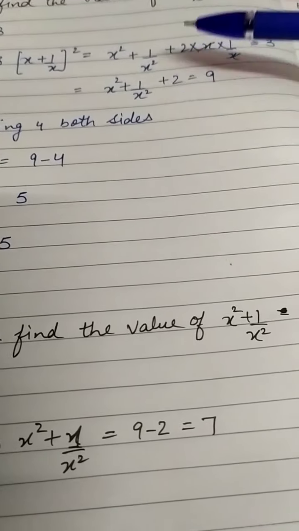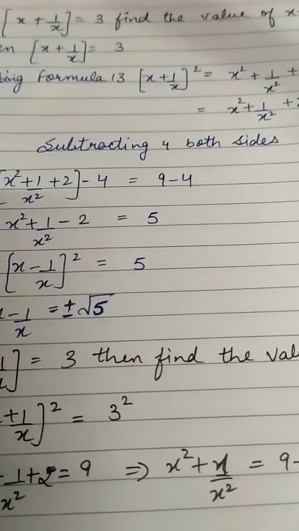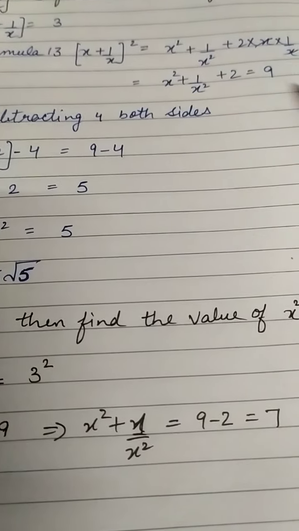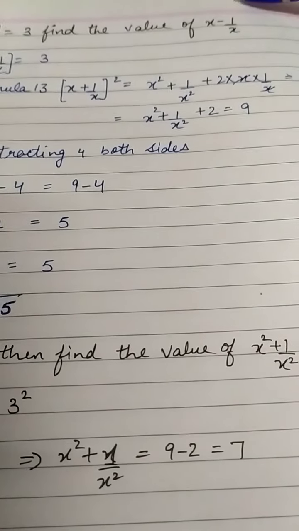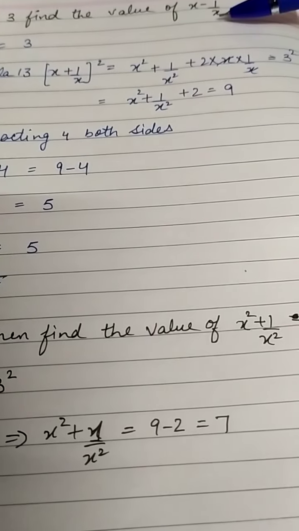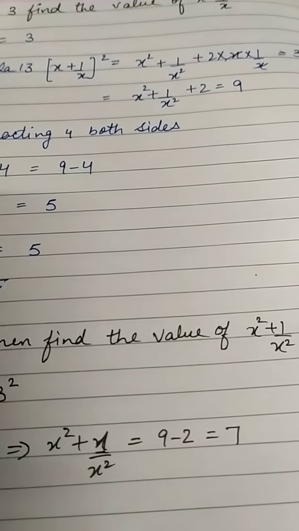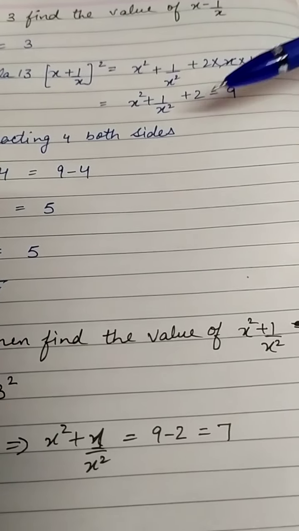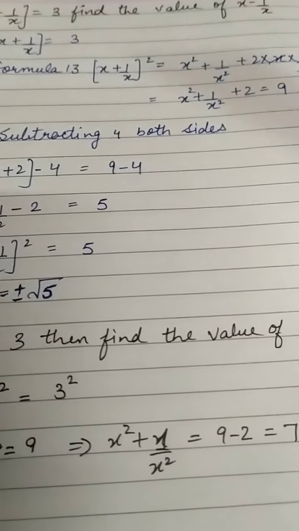Now what is left here? x square plus 1 upon x square plus 2. Alright. Now children, we have to subtract 4 both the sides. Why? Because we have to find the value of x minus 1 upon x, and to find the value of x minus 1 upon x, which formula do we have to apply? (x minus 1 upon x) whole square, and in it what comes? Minus 2 comes, but here it is plus 2. So if we subtract 4